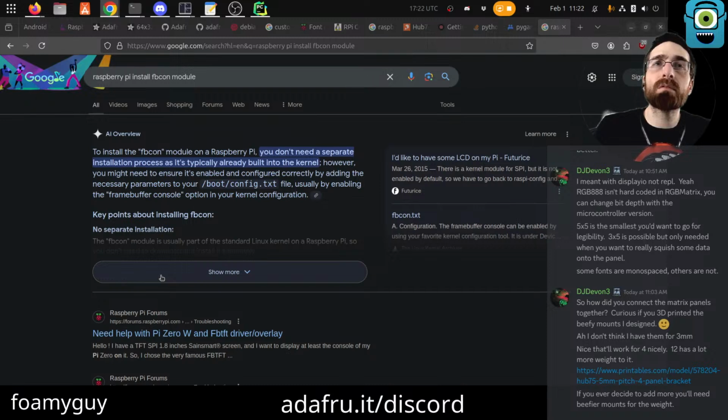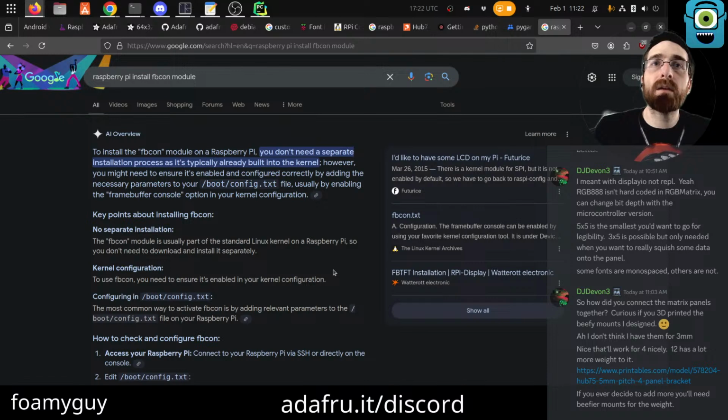You don't need a separate one. It's typically already built in. Trying to ensure it's enabled, adding to boot config, usually by enabling frame buffer console.